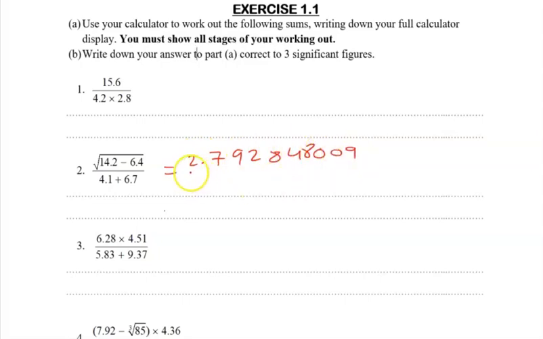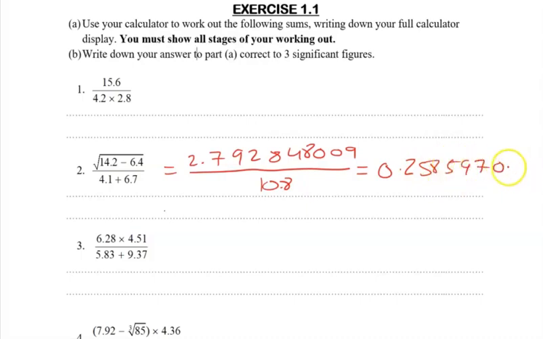2.792848009. And when you work out what's in the denominator, 4.1 plus 6.7, that's 10.8. Plug this into the calculator as it is, and you get your answer, which is 0.2585970378. Now part B is saying whatever we get for question A, we need to round it to 3 significant